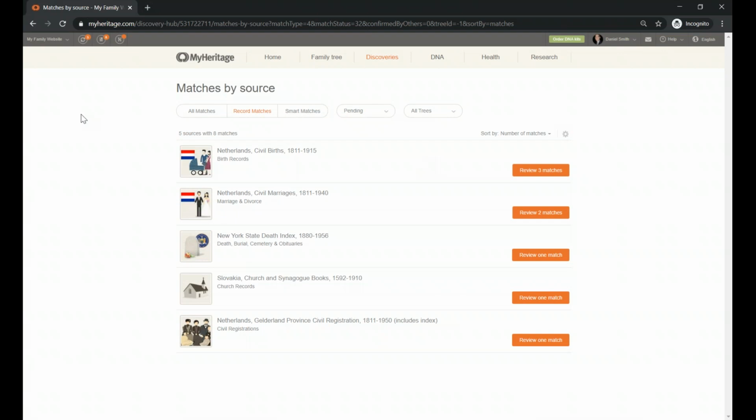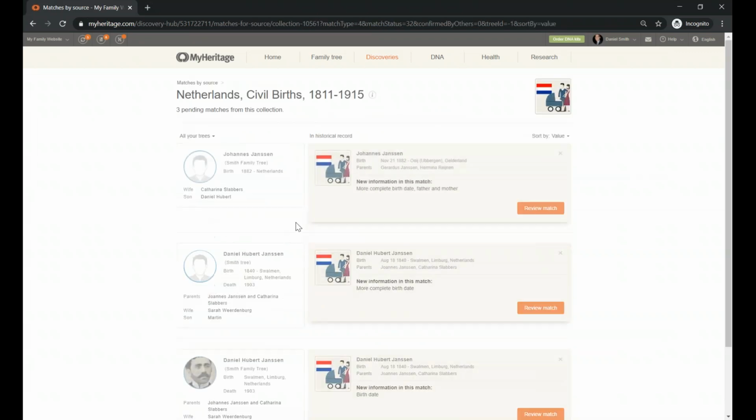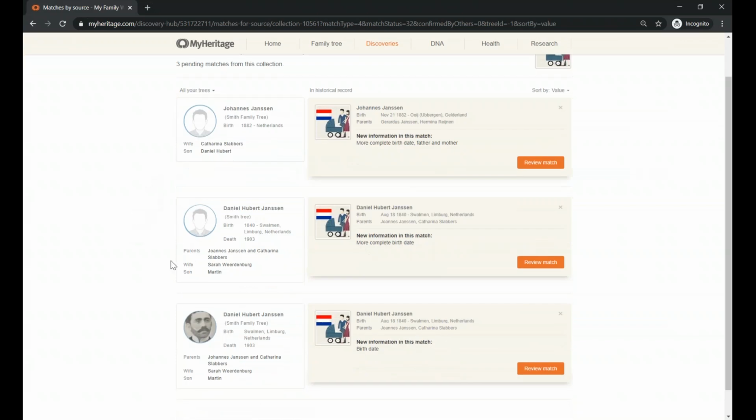Normally what I do is look into the matches by the ones where I have the most. So I'm going to review this Netherlands civil birth, and I have 3 matches there. As you can see, it's 3 different individuals in my tree. I will always have on the left side